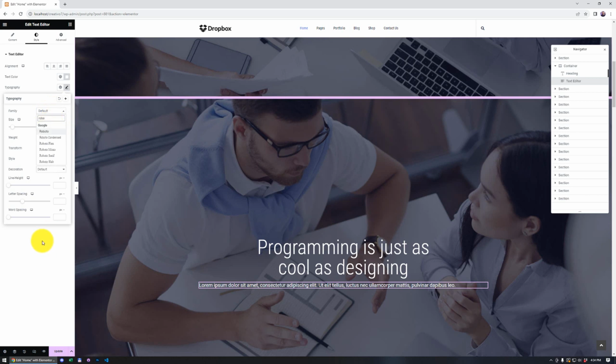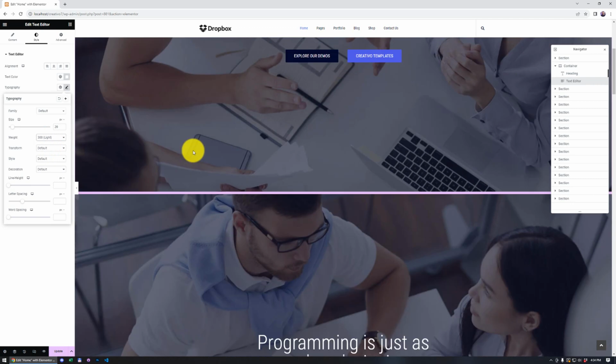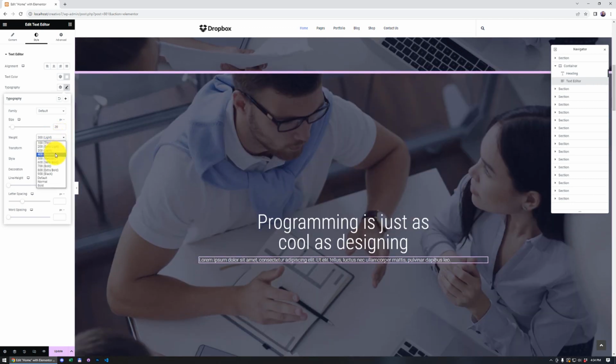We can choose a different font family, but this is the one that our theme is inheriting by default. And for weight, I think we can go with light, or maybe go with the normal one. And just as before, I also want to set a line height. I want to go with 1.2